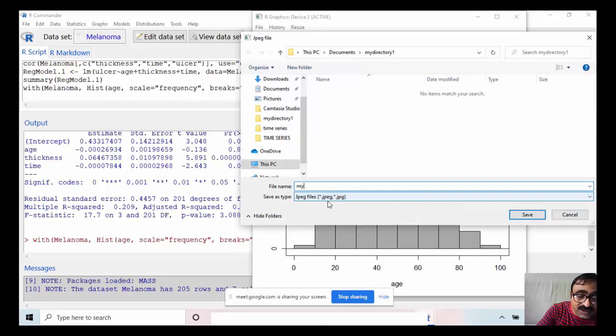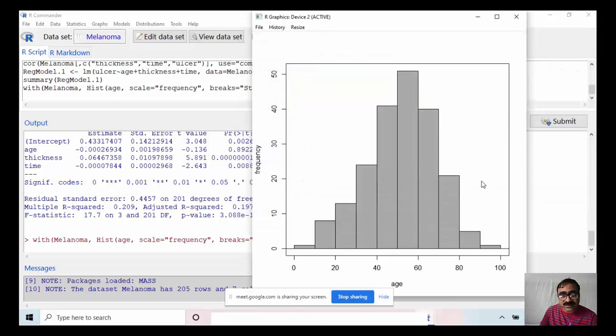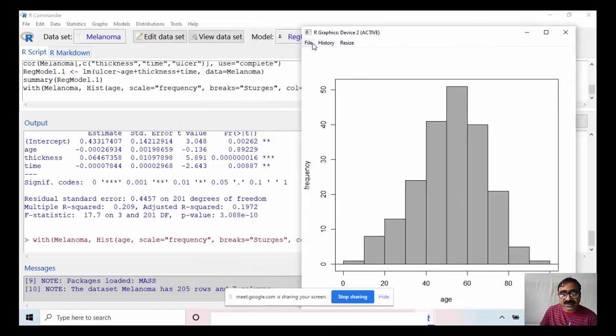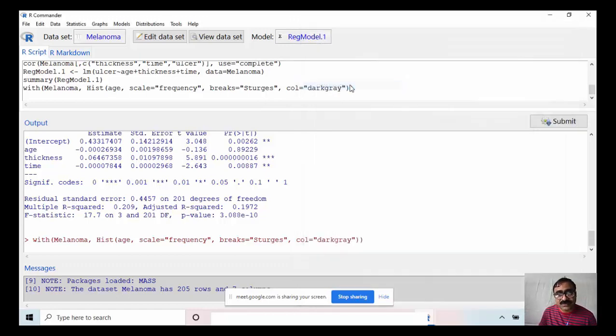You can give a file name here, my histogram. Then you can save. It will be saved in the My Documents folder by default, but you can save it at any place of your choice. Once you have completed your graph, there is File and then Close device, so this graph window will close.